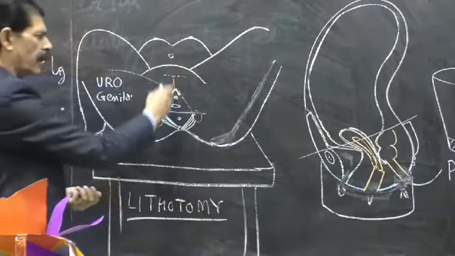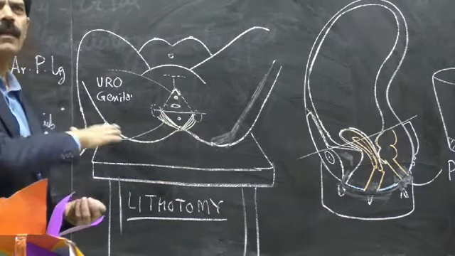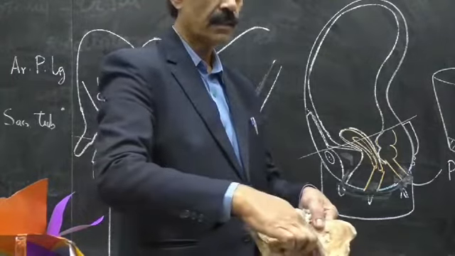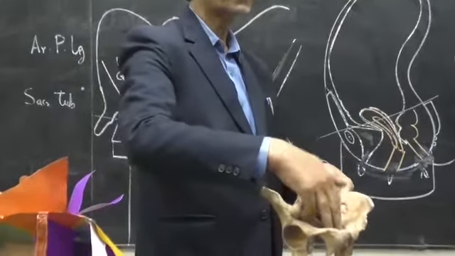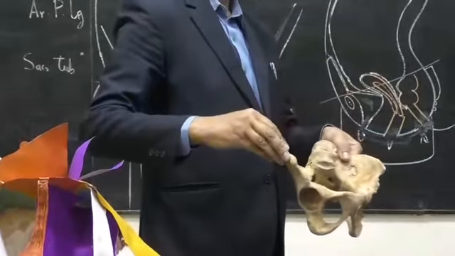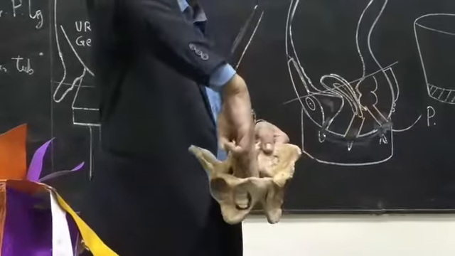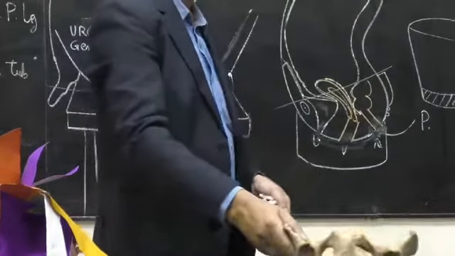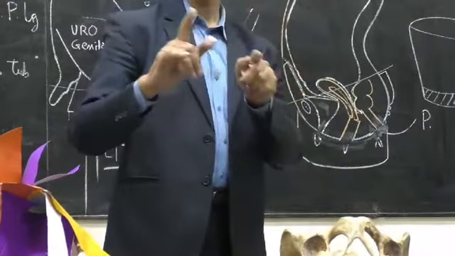See, they are all in line, and all these three pelvic organs are lying one behind the other, and all are below this arcuate line. So below this arcuate line is the true pelvis. Above this is the false pelvis. So all the three organs are lying like my three fingers, one behind the other. So they are all adjusted here with the peritoneum holding them in their anatomical position.